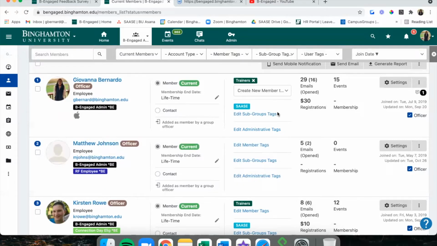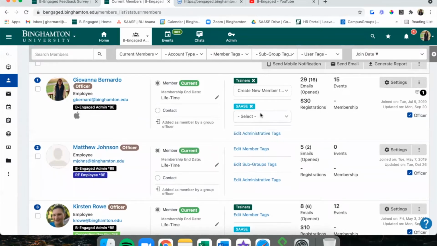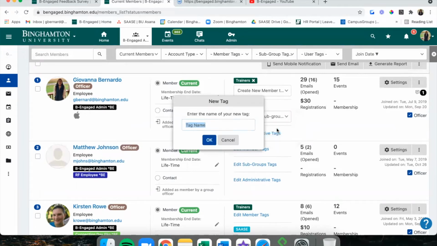The process for creating subgroup tags is almost exactly the same. You'll click that same edit button beneath the tag, click Create New Subgroup Tag, and follow the process from there.